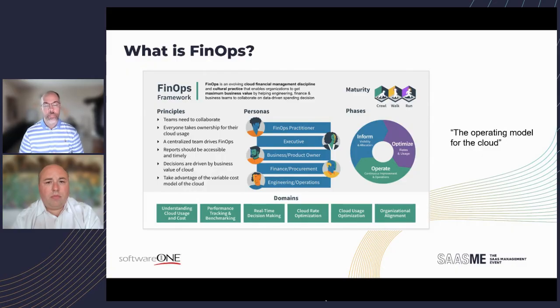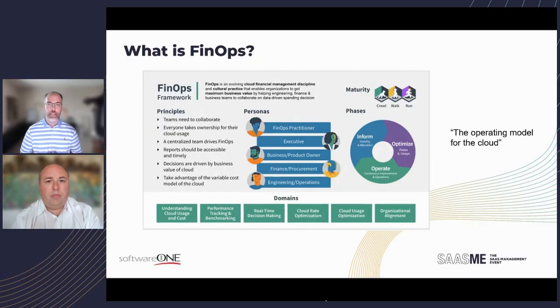Another thing is the maturity levels. So we like to talk about FinOps in a crawl, walk, run standpoint, because you don't always necessarily want to get to a run state in every aspect of FinOps, but there's some things that are low-hanging fruit that you can get to a run state very quickly. So in other words, when you're building a FinOps practice, there are certain things that are in a crawl state, certain things that are in a run state, and that's okay.